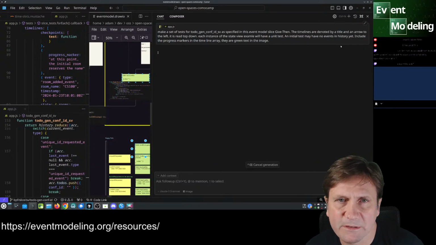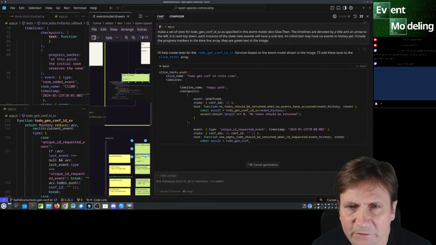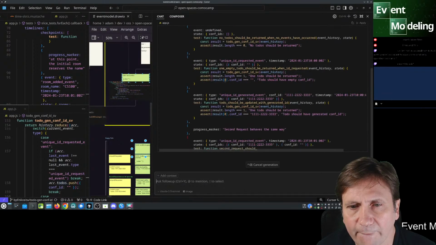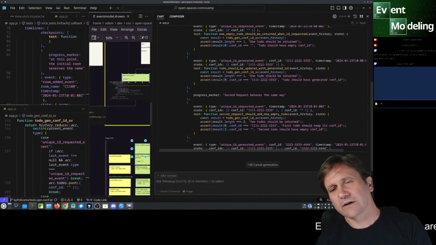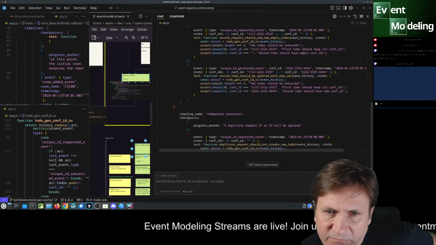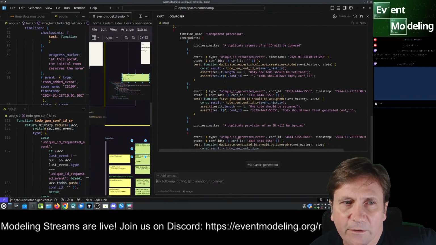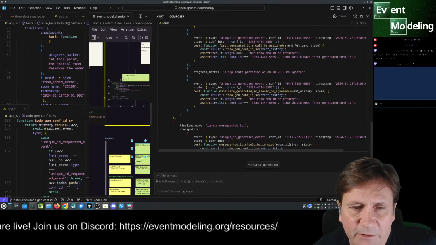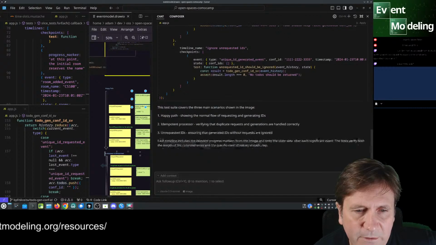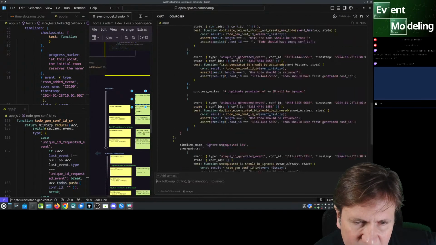All right, let's see what happens now. Good, blank event at the beginning. Progress marker. Oh my gosh. Okay, I did put it in. We're onto something here. Okay, we got the second timeline. Do we have another label? Yes. Did it skip? It skipped the test though. Okay, so we have a problem. A duplicate request of an ID.